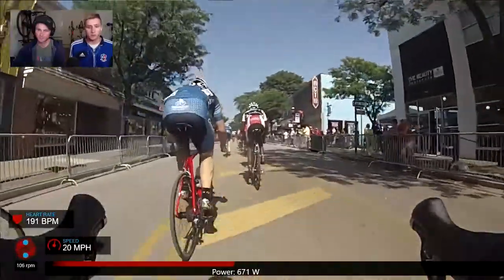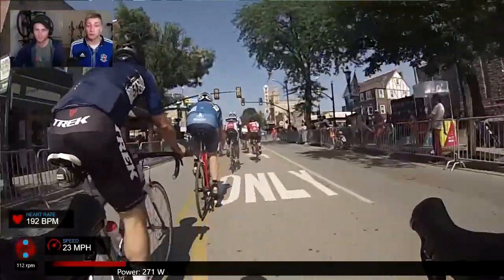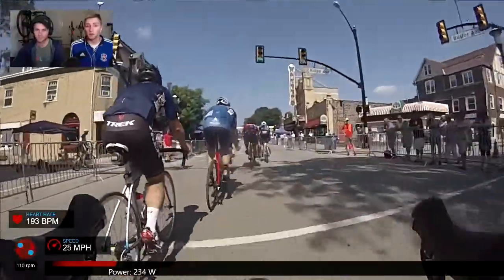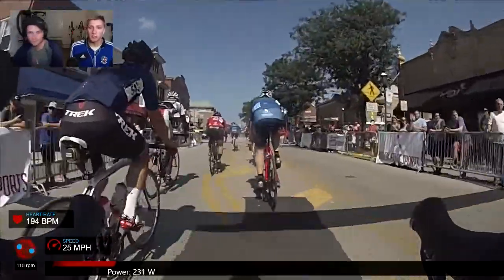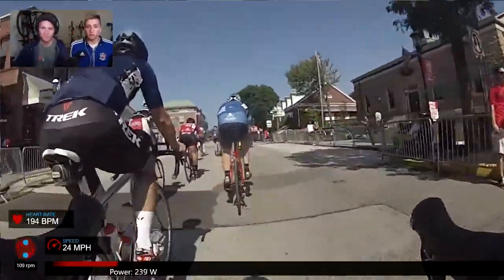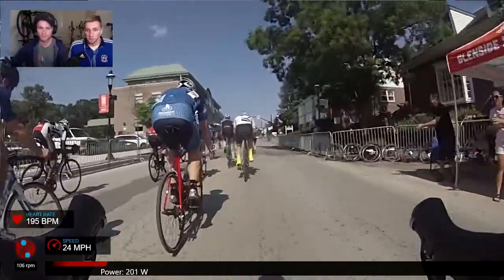It's always looking to see who's around you and whether you can make a move off to the left or off to the right. You can see we're not swerving all over the road. We're basically picking a lane and going straight down it. Alrighty,